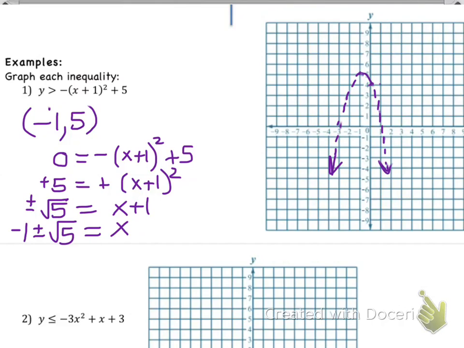Okay, then we have to figure out, are we shading below the parabola or inside it? Or are we shading outside the parabola or above it? And so then you have to go and pick a couple points. If it's not an x-intercept, I like to pick the point 0, 0, because that's really easy to test. So I plug in the point 0, 0 into my inequality,